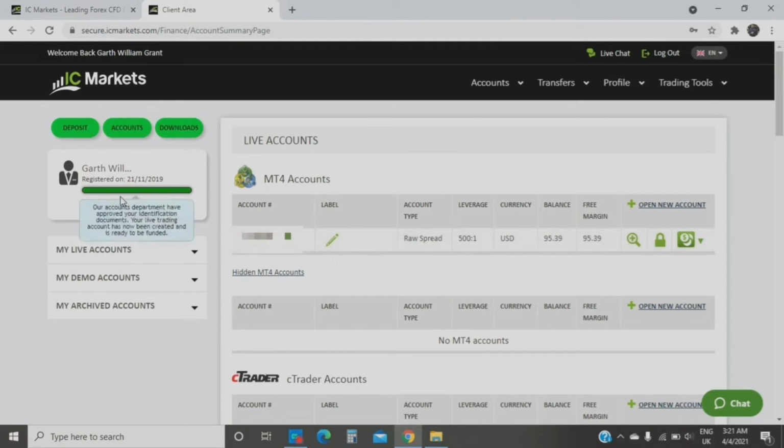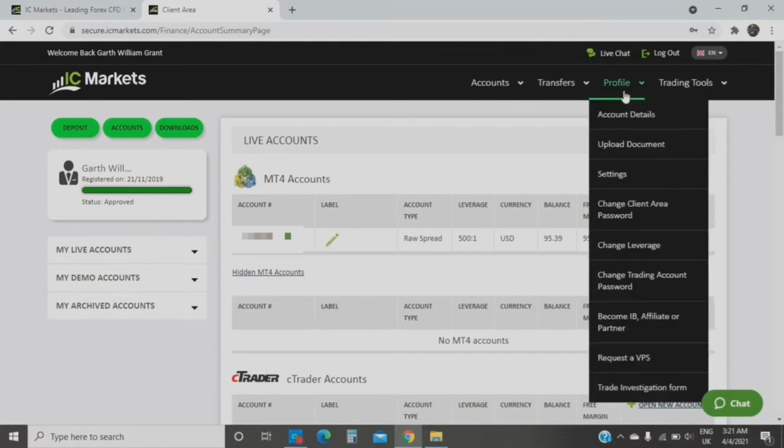One, you won't be approved right away when you're just starting. So what you're going to need to do is go to profile. We're going to go to profile,